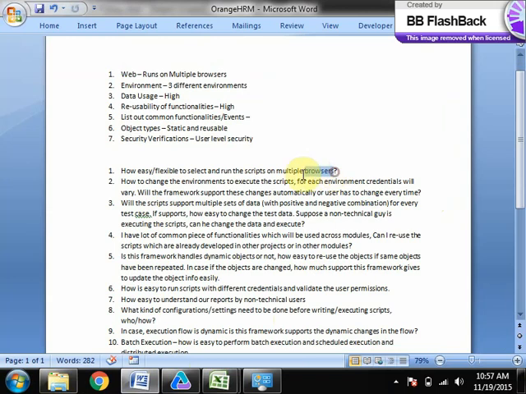How easy or flexible is it to run scripts on multiple, different browsers? Our scripts are very much flexible, so there is no need to have any knowledge of scripting to select a different browser. At the same time, environment credentials and URLs will be changing. Then how easy is it to change? The second one is also addressed now. Very easy. Anybody can select any browser and any environment, right? So that's one thing in the framework. All these questions need to be addressed. So tomorrow if you want to execute the scripts, you just go there and do the modification.